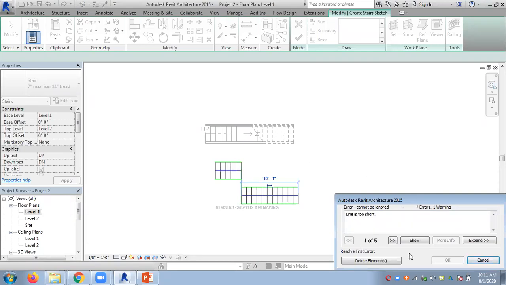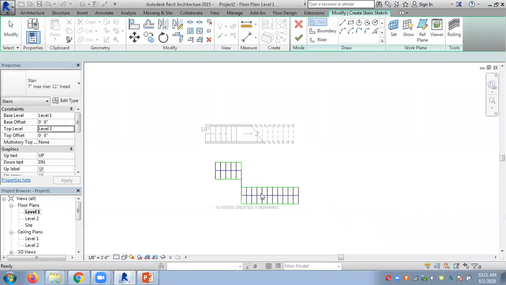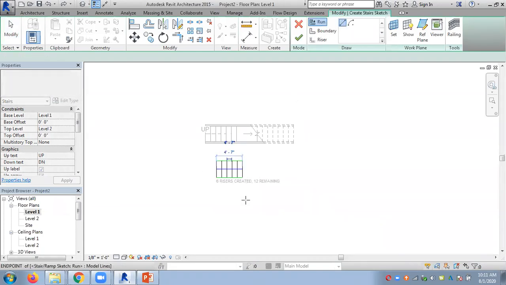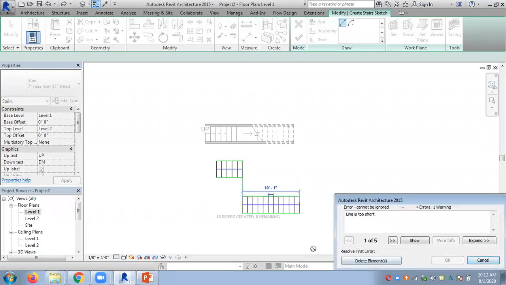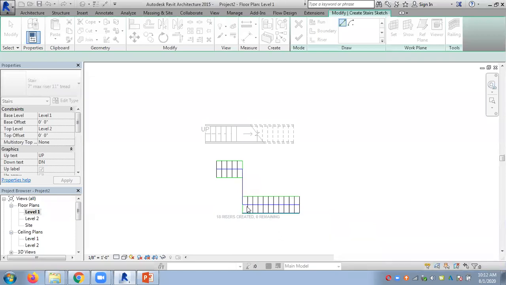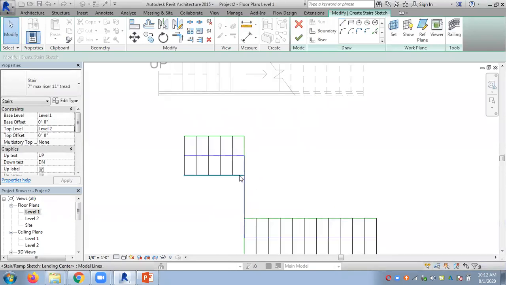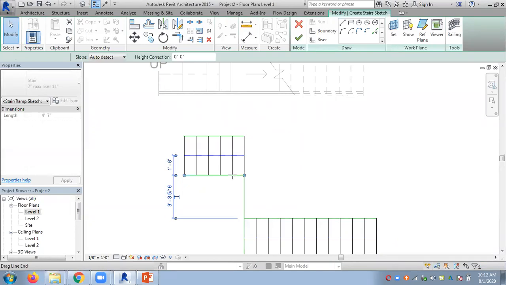Here, this way. It says line too short. Delete. So here we are getting some errors, but we can rectify them.